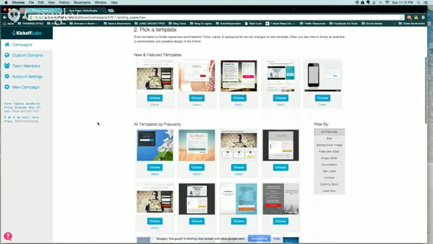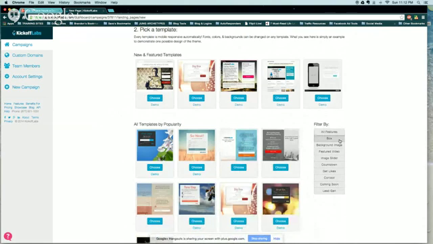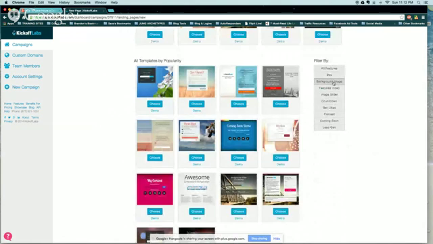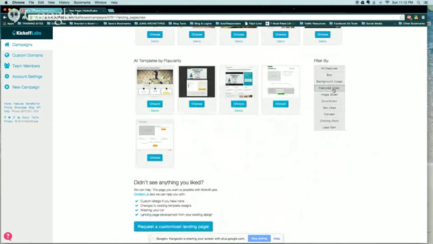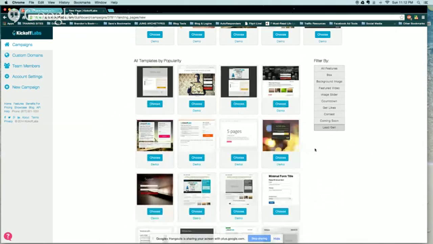I've personally found the quickest way to get to what you're looking for is to use the filter by options. So if you want to use just a simple box, you can do that and it'll sort them out. If you want to use a background image, it sorts it out. If you want to do a video, you got that. You want to show a few image slides, you have that too. But for this purpose, since we're going to do a lead capture page, I'm going to do lead generation, and